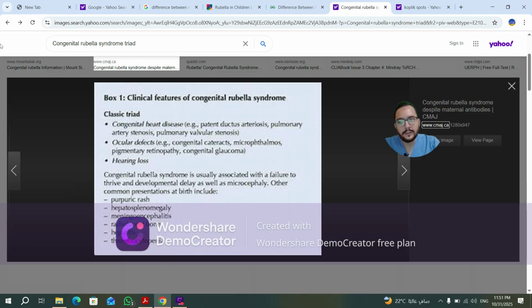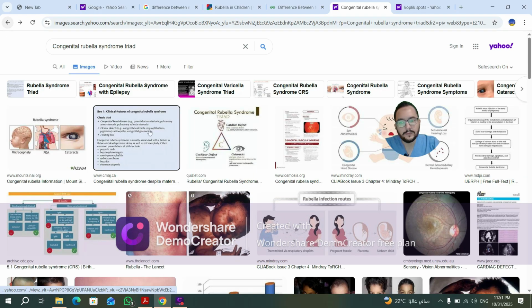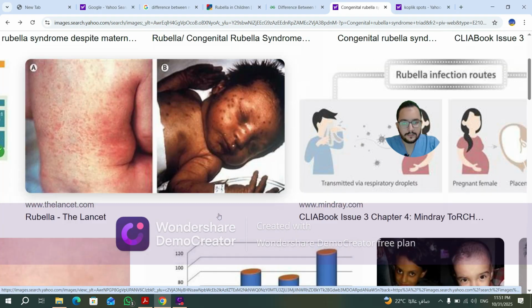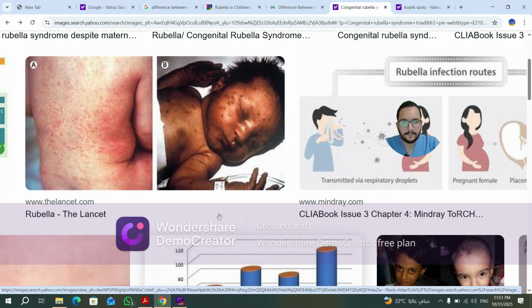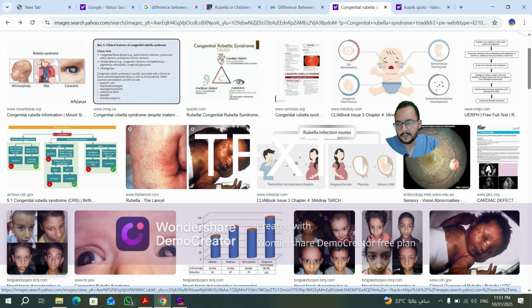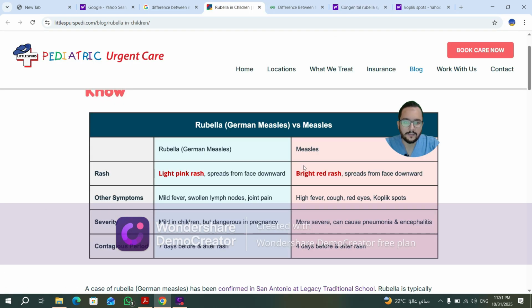We can have a look at congenital rubella syndrome. The baby will be like this. Okay, so it's very dangerous. And part of the triad is here, which is eye effects, and this photo also. Okay, if we get back to our table,